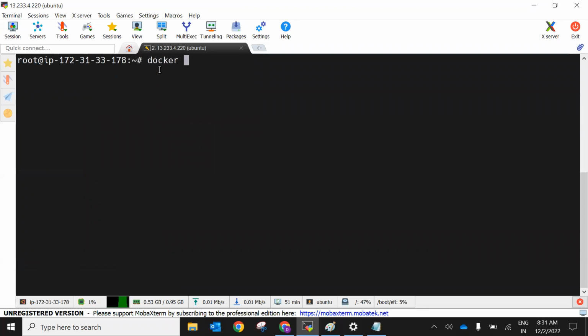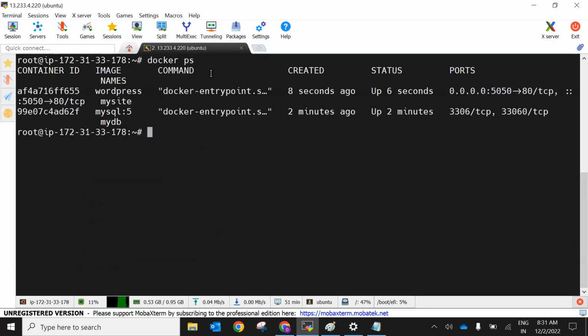Now docker ps. So now the mysite container is running. Now it can ping MyDB. My site can ping MyDB. Why? Because we have established a link. So that's why